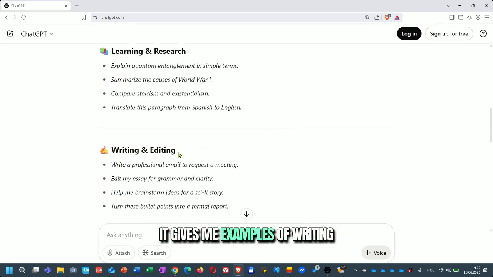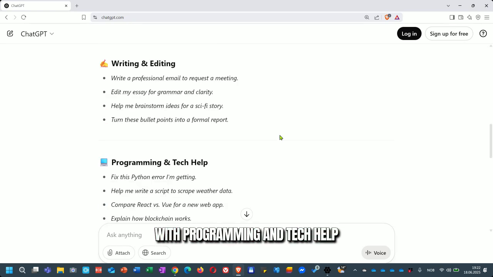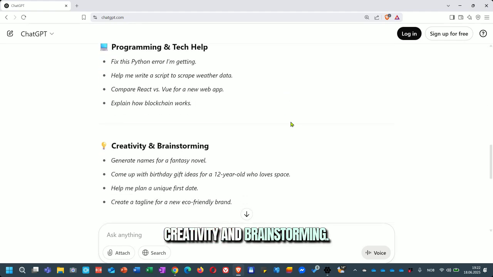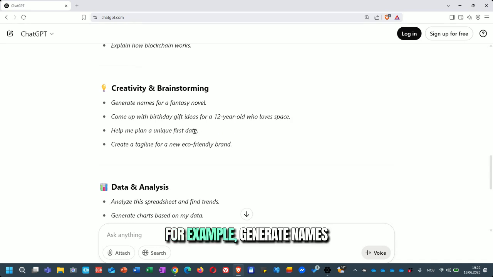It gives me examples of writing and editing, which it can help with, programming and tech help, creativity and brainstorming. For example, generate names for a fantasy novel, come up with birthday gift ideas for a 12-year-old who loves space,